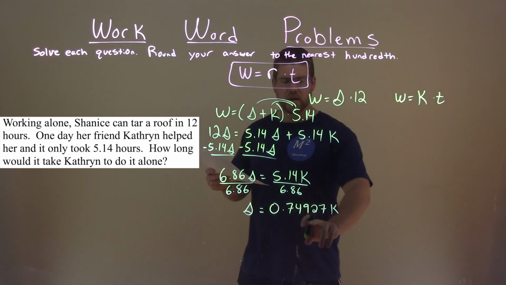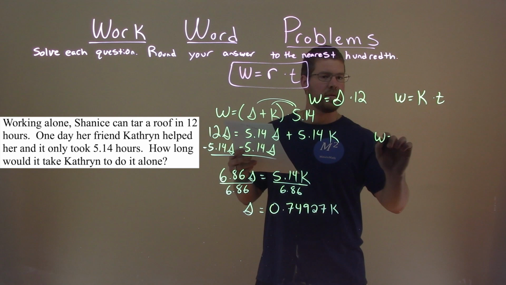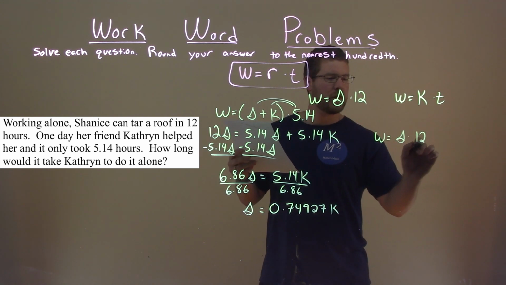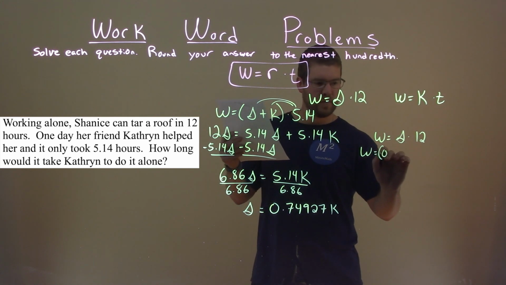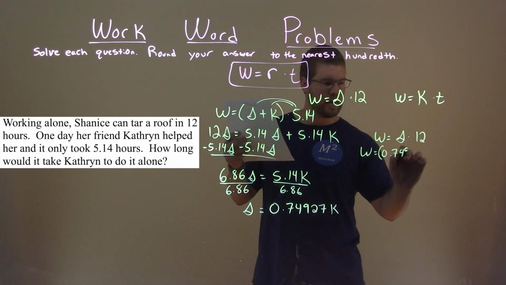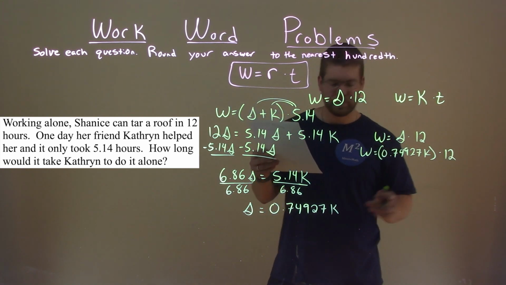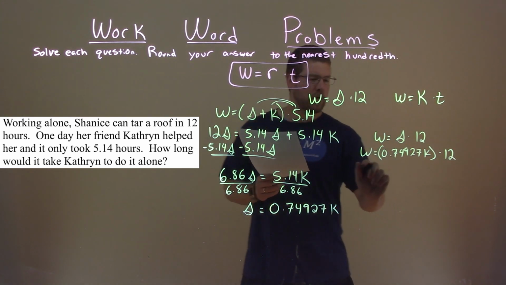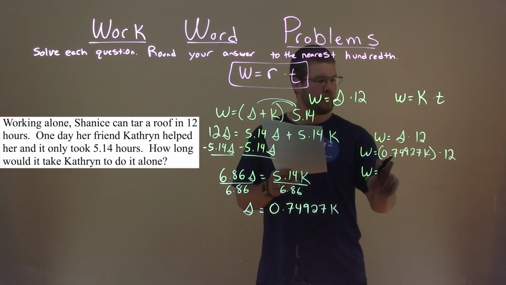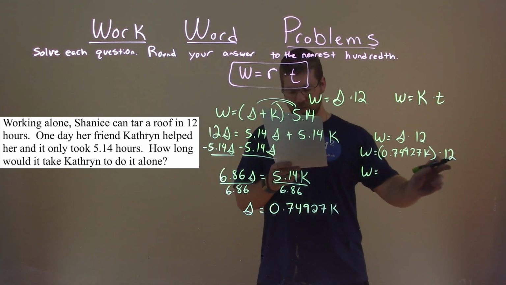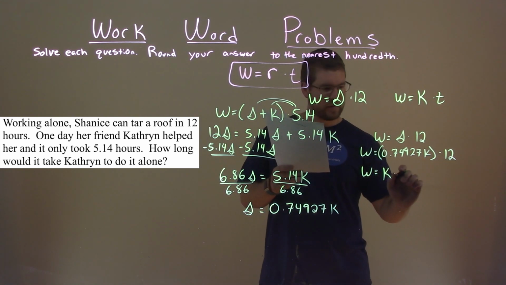Well, let's look at this formula for Shanice. W equals S times 12. I'm going to plug this in for S: 0.74927 K times 12. And I'm going to keep going here. And the work equals, well, let's take that 0.74927 times 12 and put the K out first. And that multiplied out comes out to be about